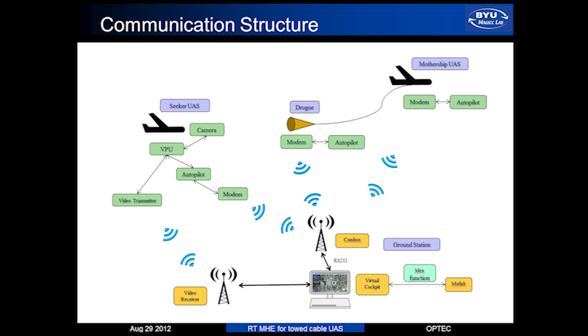We call that the virtual cockpit. The computer connects to the comm box, which talks to the modems on the aircraft. The modems talk to the autopilots, which will control the UAVs, and